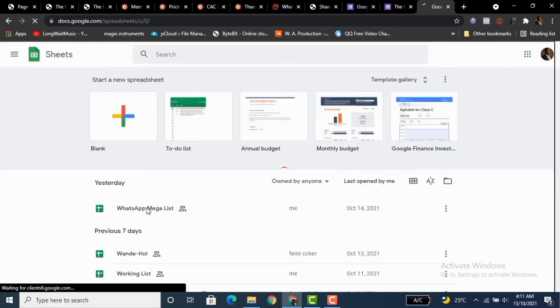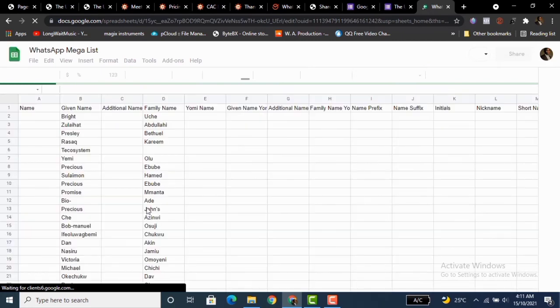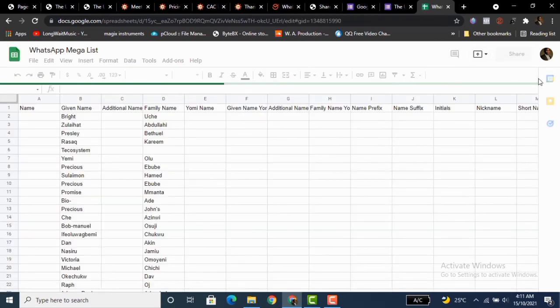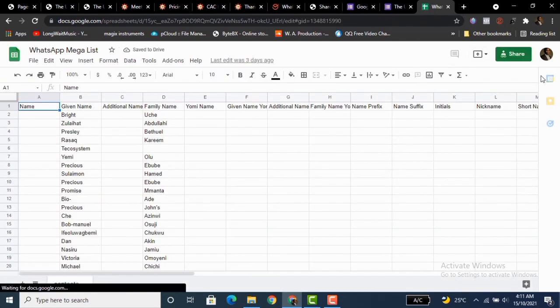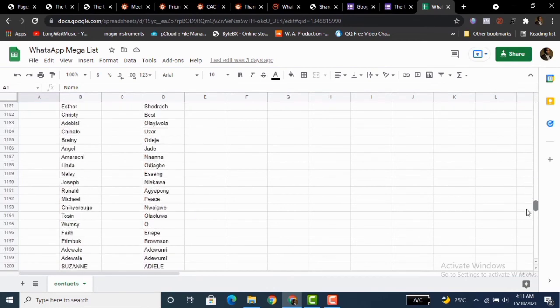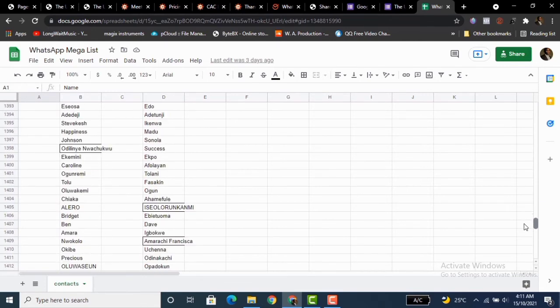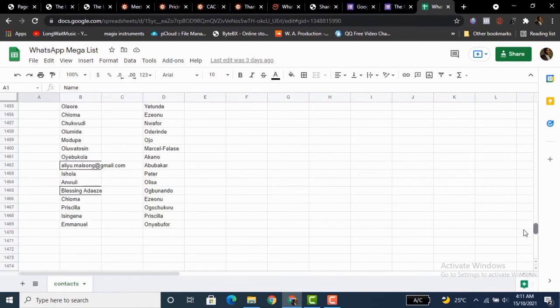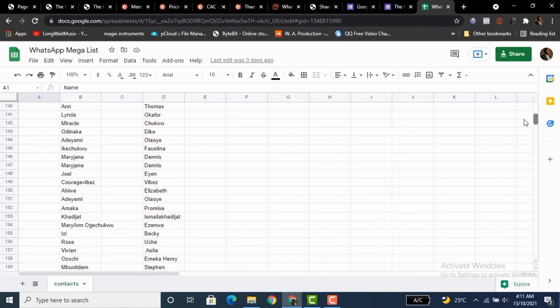Okay, let me open my mega list. This is where I store all my WhatsApp names, everybody that comes to me on WhatsApp. This is where I eventually collate everything after downloading, just to keep it as backup. You can see so far I've collected 1,595, I think, or so. 400 and maybe 400 and something, I can't remember. 469. Okay, so now,